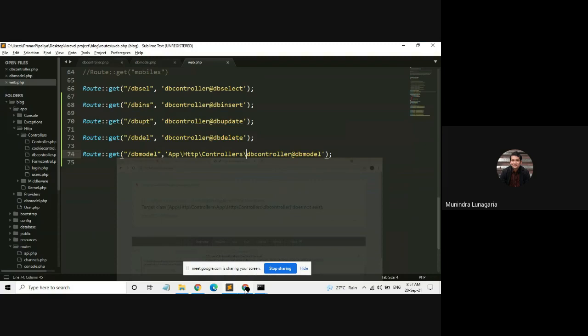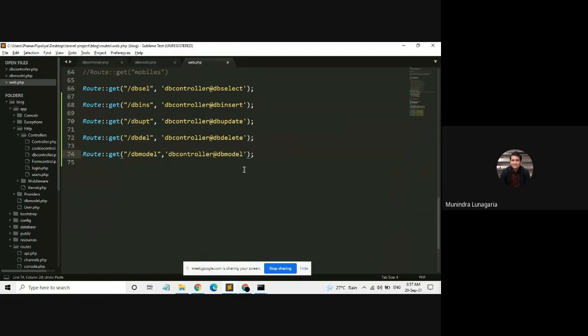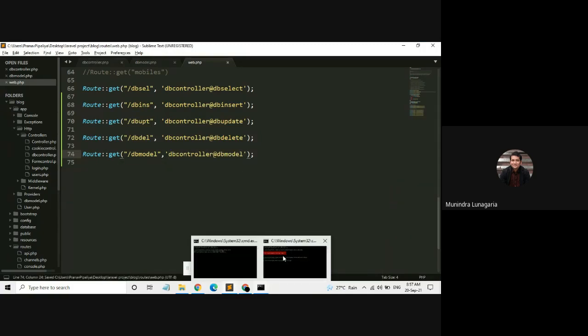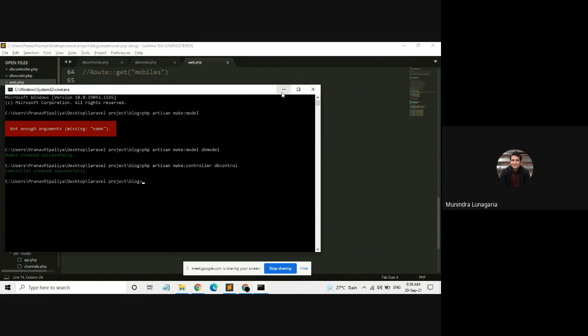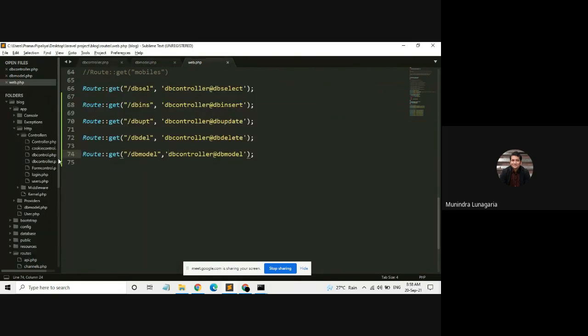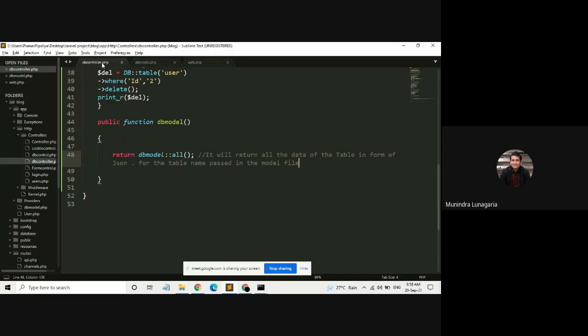Do one thing. Let's create one controller. Write DBControl. Copy that code into DBControl. Change it here, change it over here also. DBControl. Yes, sir.